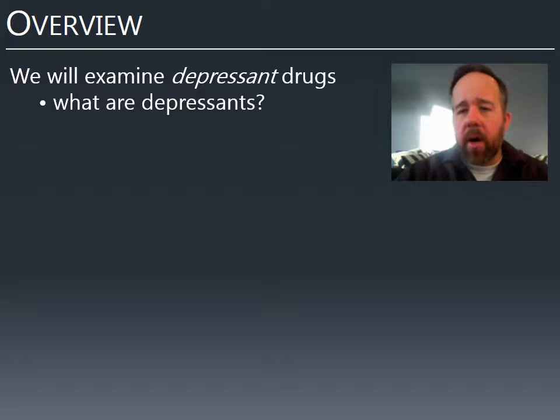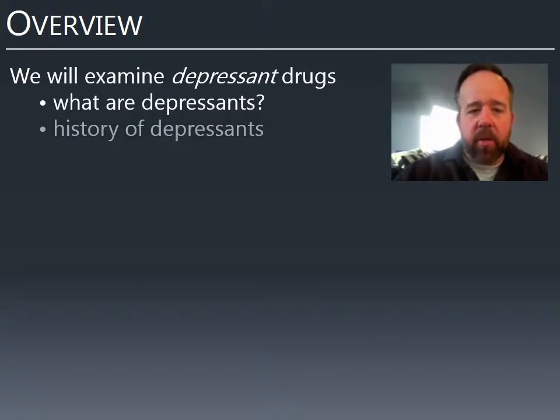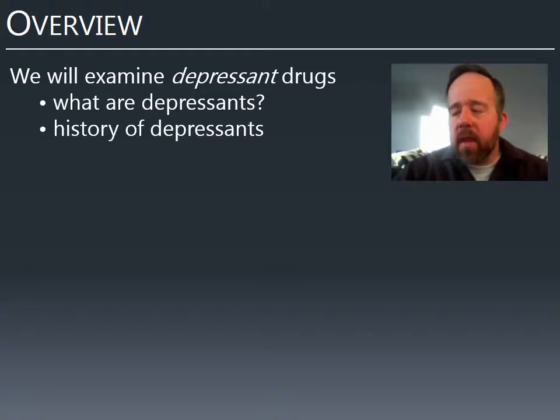And of course, we talked about several classes of depressant drugs. And we talked about the history of depressants. And the history mainly centers around synthetic depressants. There are a couple of naturally occurring ones. We'll talk about one today. There's also alcohol, which obviously is a big depressant, a big part of our society. But we're actually going to defer our discussion of alcohol for a couple of weeks and talk about it later. It's such an important depressant, it gets a whole week.